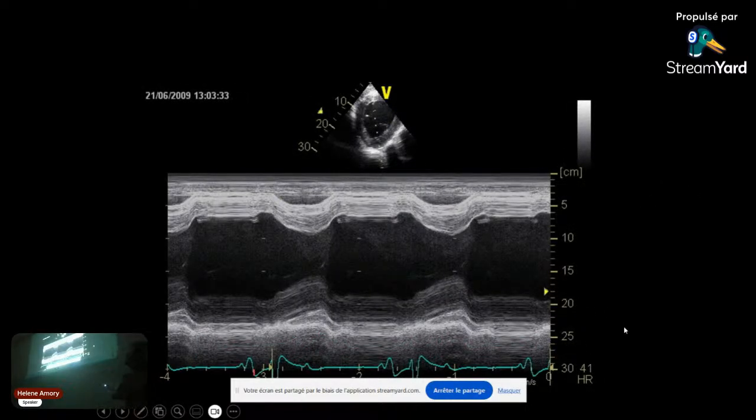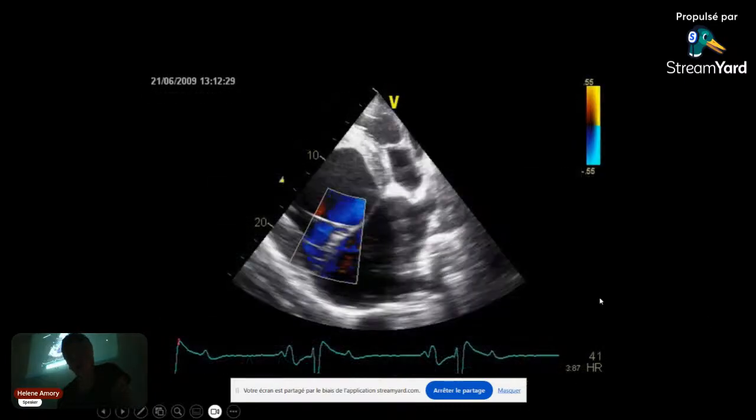The time motion mode is not okay. It's not so exaggerated as the first one we saw, but we have some signs of overload. Let's see the septum, which is pushed a little bit in the direction of the right ventricle. The contraction of the septum and of the free wall is not too exaggerated. There are moderate signs of volume overload.